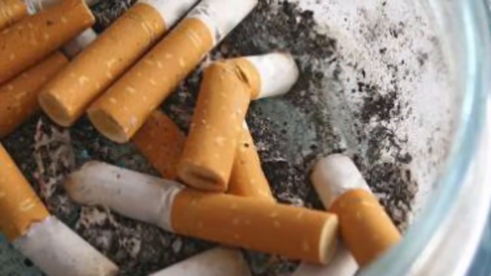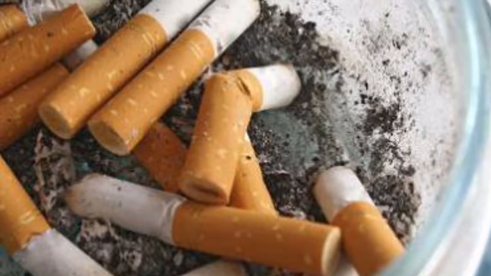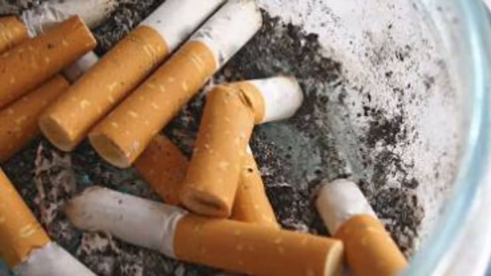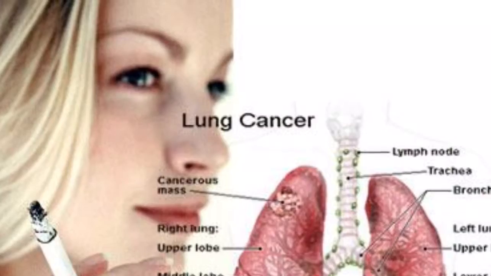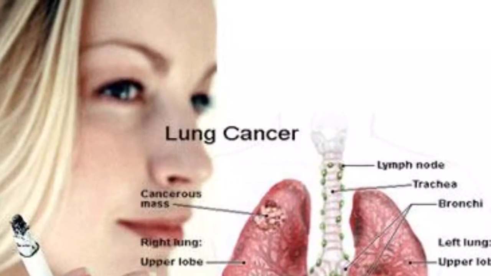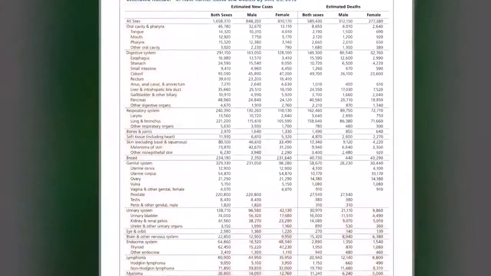Is there a type of cancer I should worry about the most? What kills the most people? Now, like you asked, let's zero in on lung cancer. It's the number one type of cancer in the developing world, and it kills twice as many people as the next form of cancer. In 2015 alone,